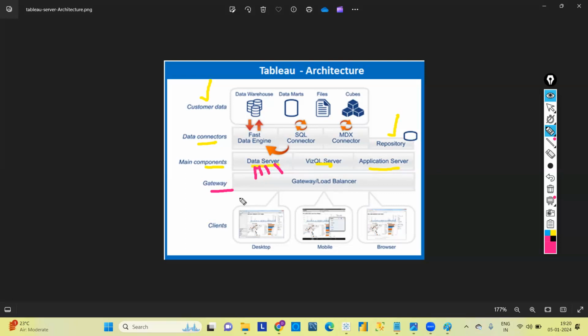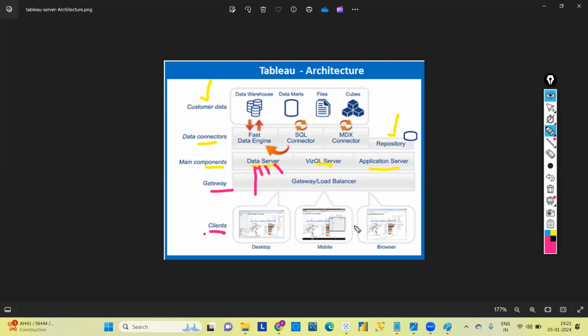The gateway balancer will act as a barrier. It will stop everything and send the data one by one, one after another, so that it won't impact the performance of the server, correct? If many requests arrive at a time, then we will get some kind of performance issues, right? We will get loading issues and all. As you see in the name itself, load balancer, it will stop the requests and send each request one by one, so as to improve the performance of the server. Okay, and the last one is